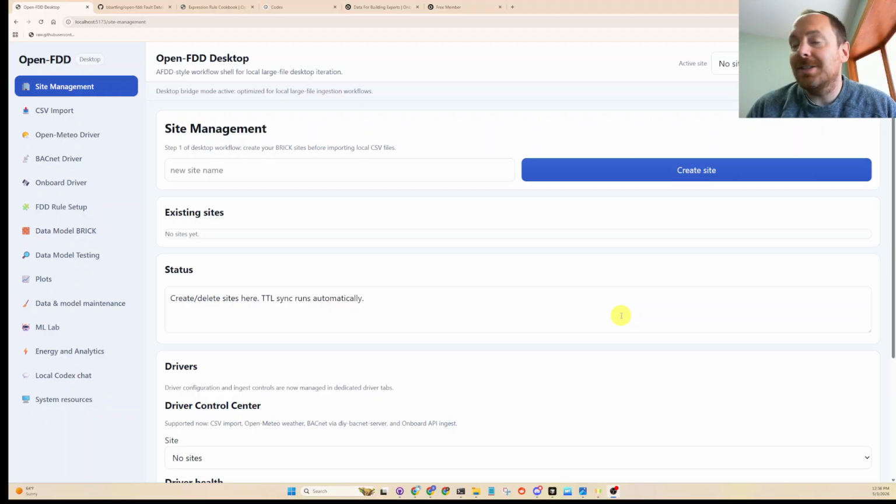So here we are, just a little update for Open-FDD. This is still a weekend hobby project, but I'm getting some interesting use cases, mostly inspired by OpenClaw. I was using OpenClaw a little bit just to see if agentic AI processes could help me. Then I got inspired by a couple other projects that borrow the use cases of OpenClaw into their own project. So I'm marching down that path of picking all the cool pieces out of OpenClaw